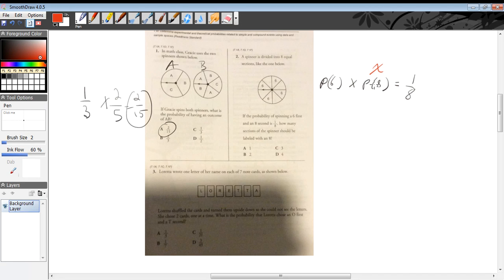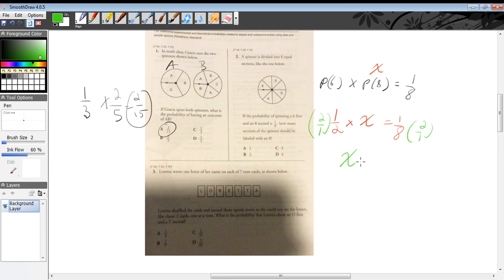Once I figure out what this probability is, then I can turn it into a fraction. The probability of 6 is 1/2. Now 1/2 times x is equal to 1/8. So now all I need to do is find 1/2 times what is going to be 1/8. I can divide 1/8 by 1/2, or I can also multiply by the reciprocal,